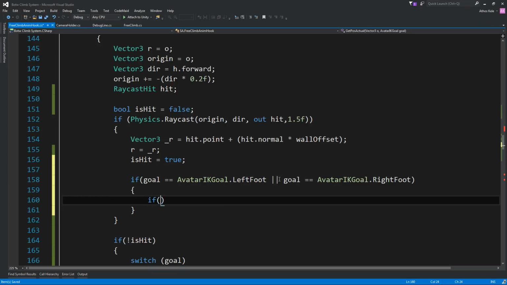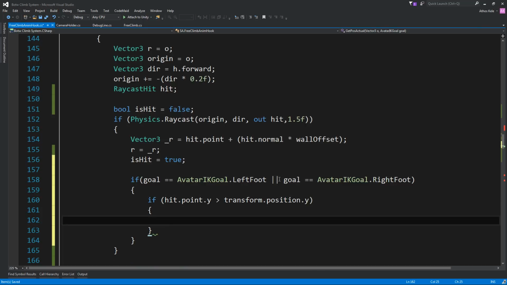So let's say if hit dot point dot y is higher than your own transform dot position dot y, so that means your leg is higher than your hip, and in some cases this might not be an issue.